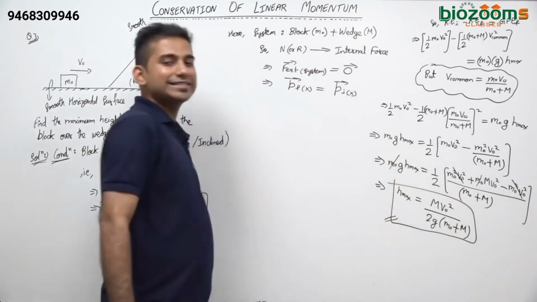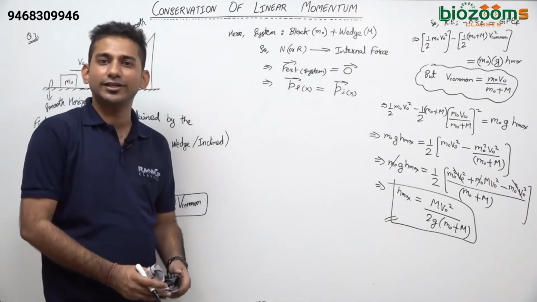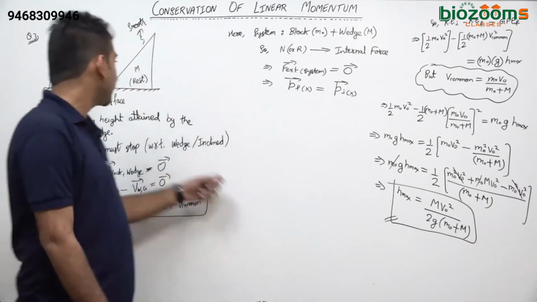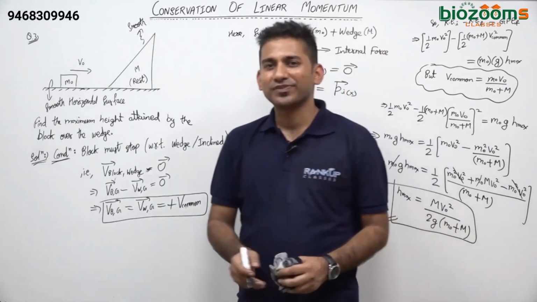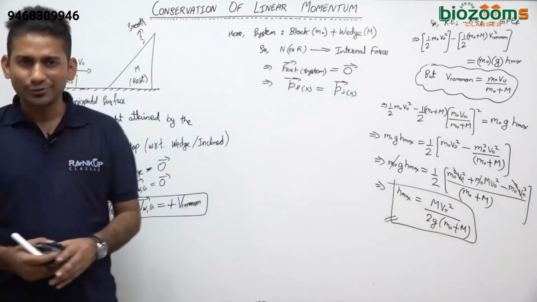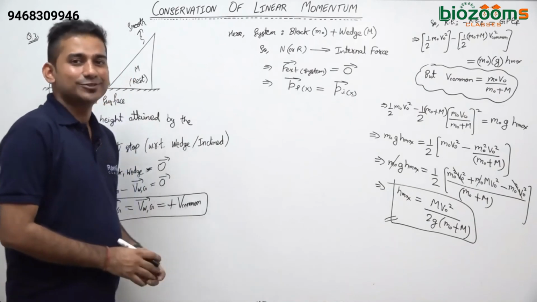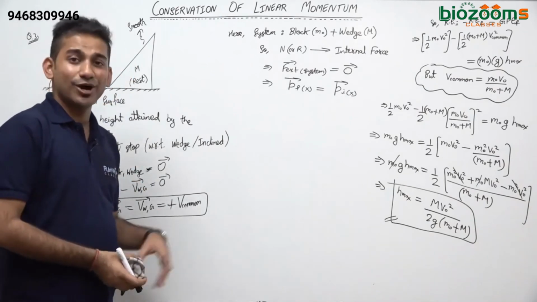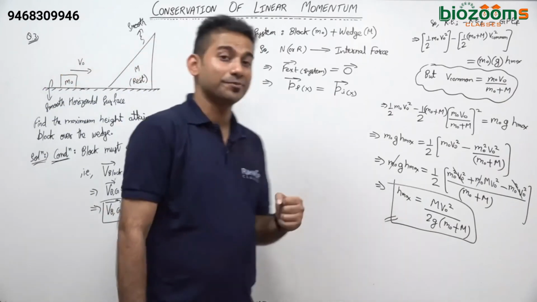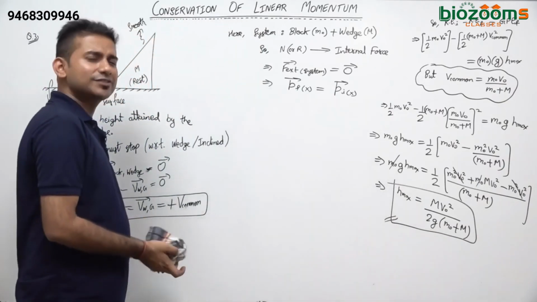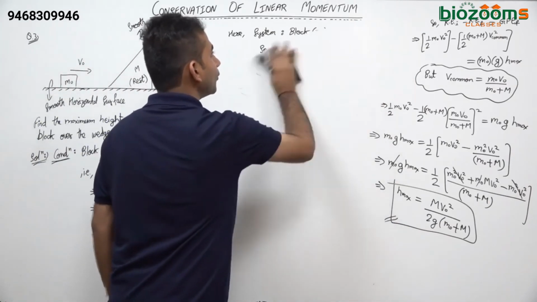In this way, by using the conservation of momentum and conservation of mechanical energy, you can easily determine the maximum height attained by the block over the wedge. Hope that is understood, right? What do you say? The story is completed? Not yet completed, right? Sir will definitely be teaching you how to solve this big problem in 2 or 3 steps, right? But before that, let us try to recollect one more logic